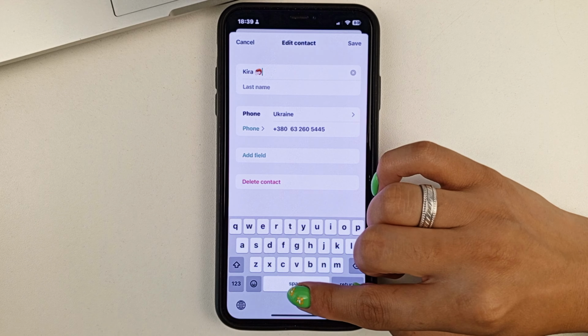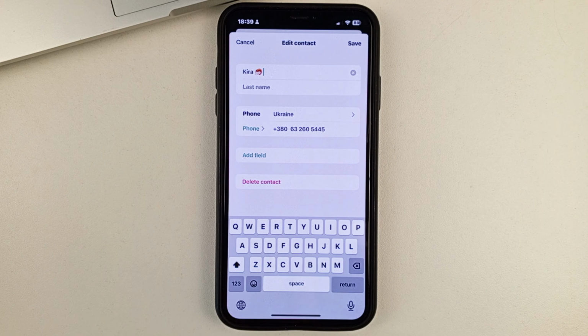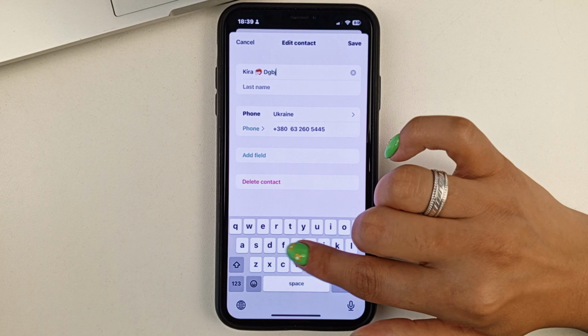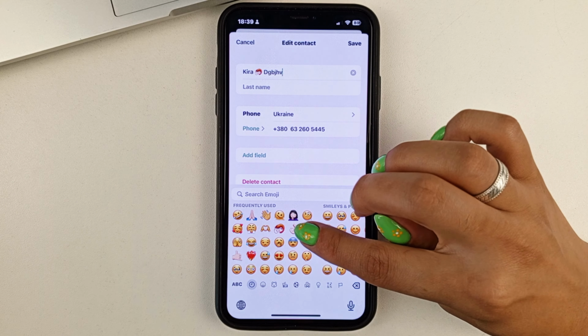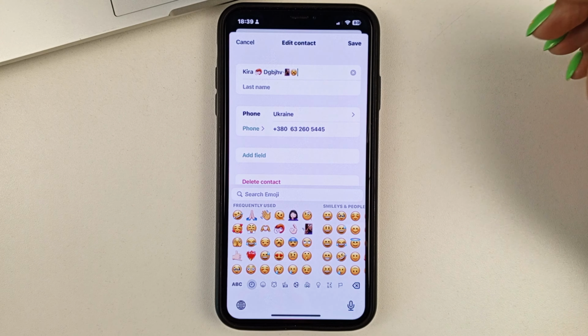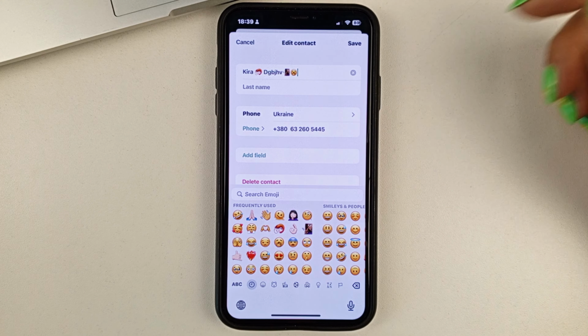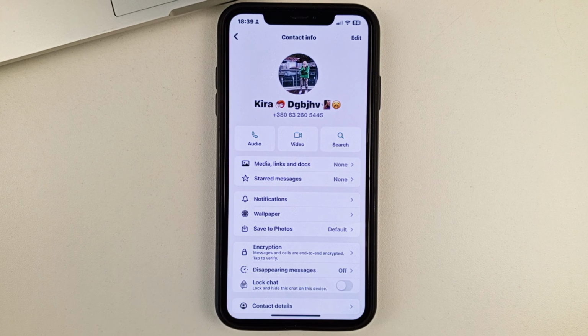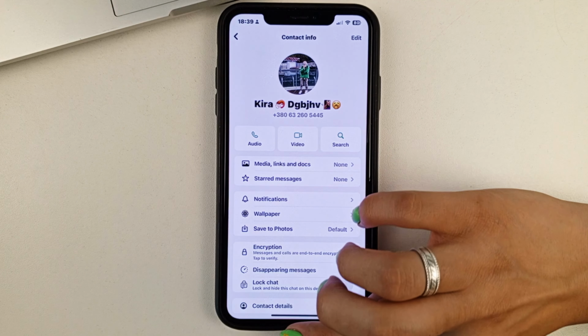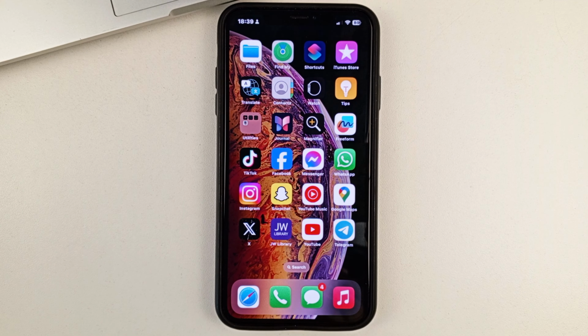And this is where you can make the changes you want to make to the name. Enter any text or add some emoji. Then the most important thing is that you don't forget to click Save in the top right corner to save your changes. This is the very simple and quick way, friends, you can change the contact name in WhatsApp.